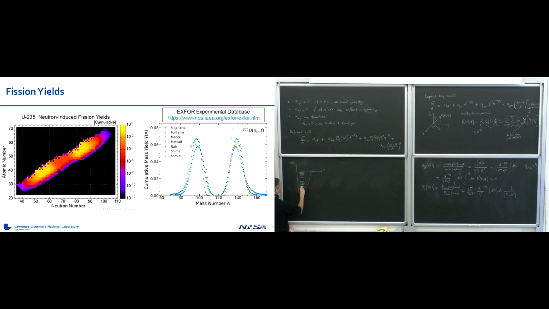I am really terrible at drawing anything. And then the rest of the levels would be empty. There is a large gap here. And because there is a large gap, if you want to excite such a system, you would have to give enough energy to promote a nucleon from here to the first available state, which is higher than in other systems. So the shell correction technique that was invented in the 60s by Strutinsky and collaborators is a way